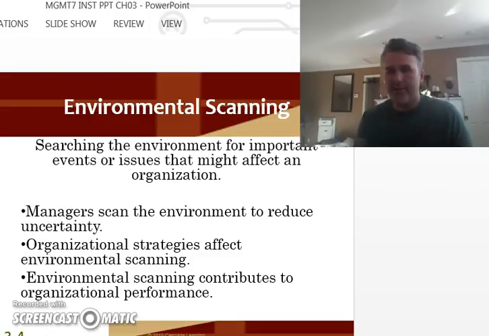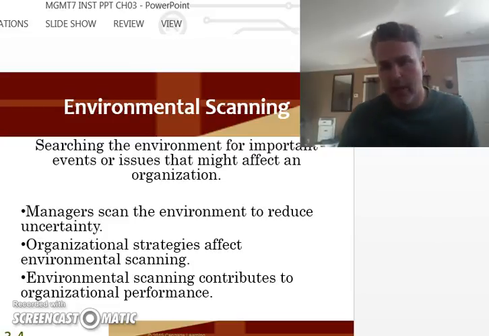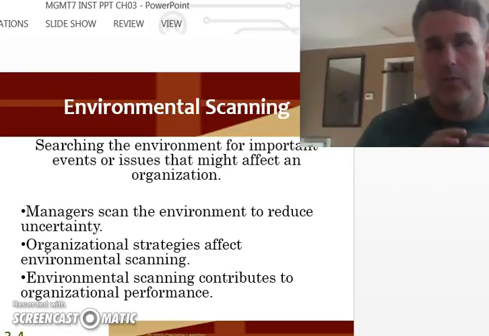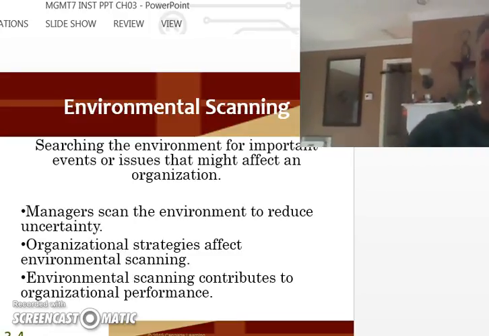I asked my lecture class if they knew this, and I don't think anyone did. At least they didn't tell me they did. But I asked them, what does Warren Buffett do to practice his environmental scanning? And he actually reads about 3 newspapers a day, at least, to really understand what's going on